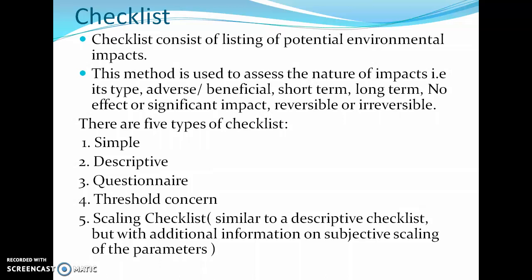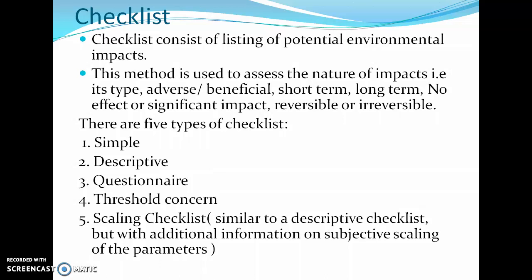Now there are 5 types of checklists. First is simple. In a simple checklist, we just arrange questions, and in front of each question we mark yes or no. The second type is descriptive, where the question is written, and for that a descriptive answer is written.